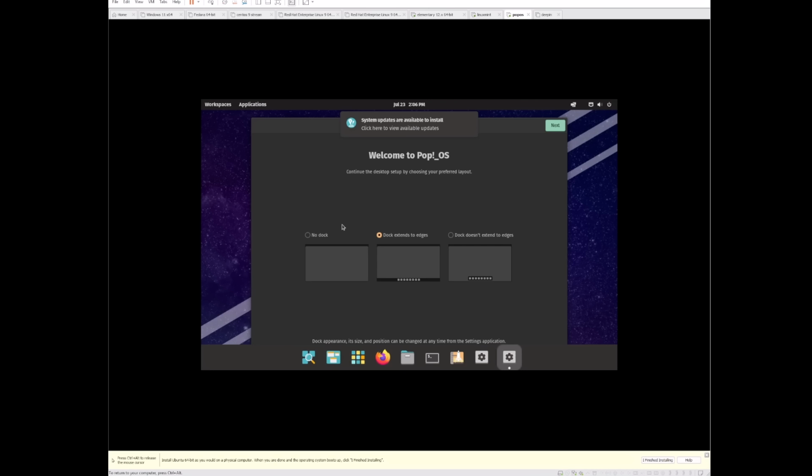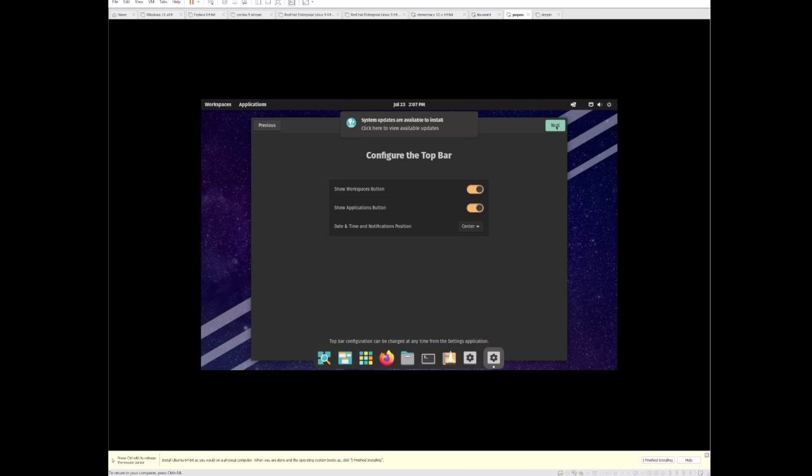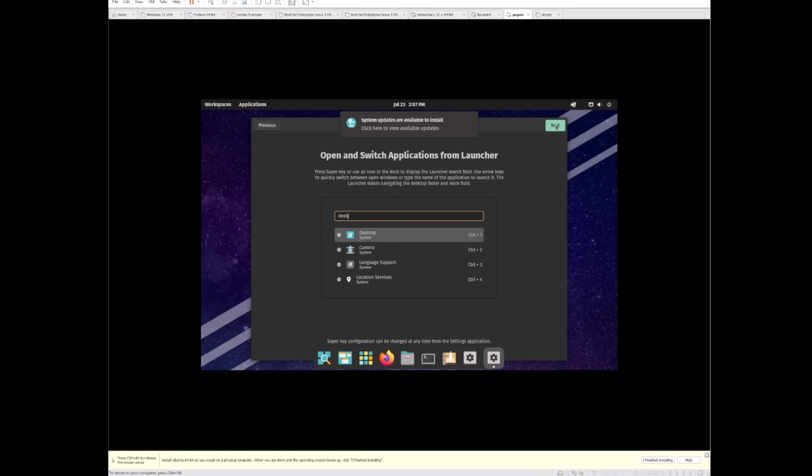use the operating system, and it is tailored to be more or less similar or the same as the rest of their offerings. So I'm going to say that I want my dock to extend to the edges or not extend to the edges. So let's go with this one. Let's go next. Let's say next. Let's say